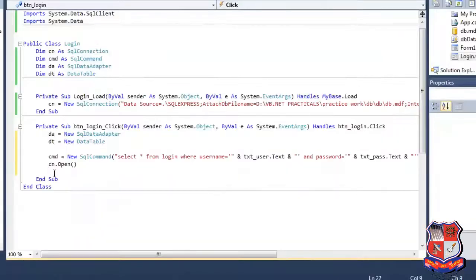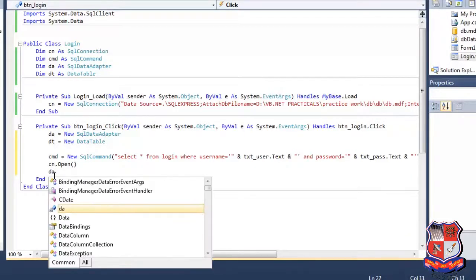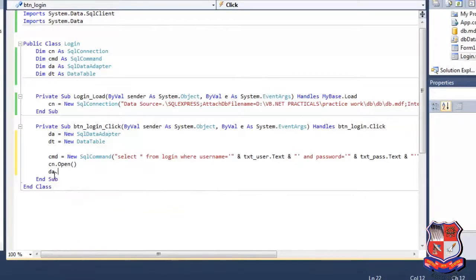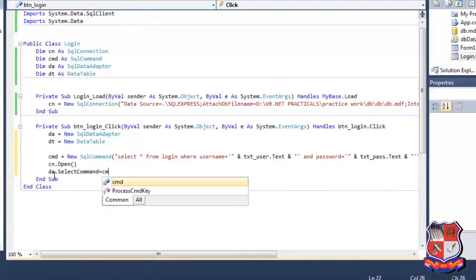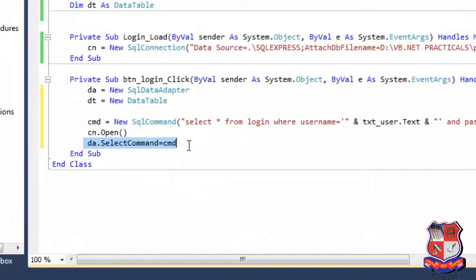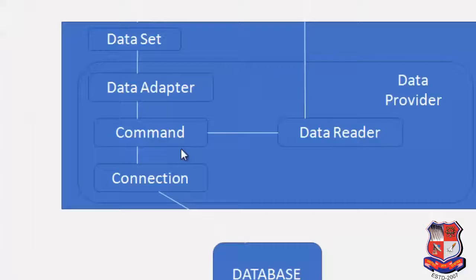So our data is moved to the data adapter. Its object name is da, da dot SelectCommand equals cmd. What does this code do? From the command, the data is moved to the data adapter. Now our data is in the data adapter. Now what do we have to do? From the data adapter, move it to the data table, which is a class of the data set.